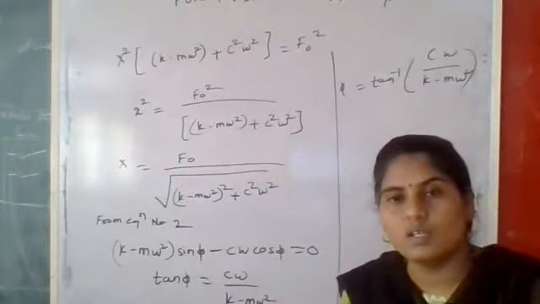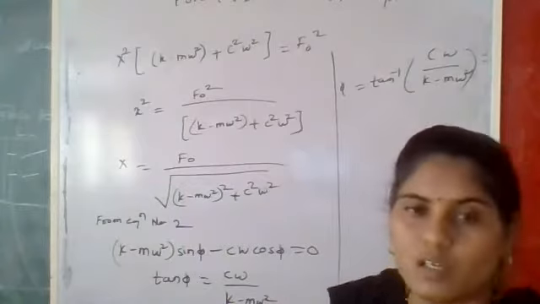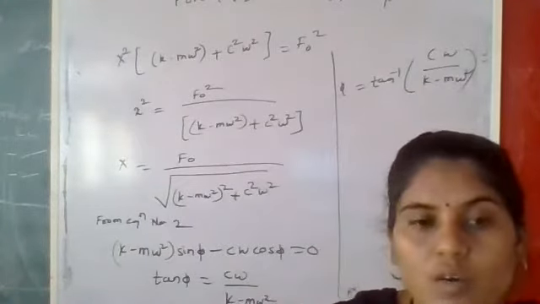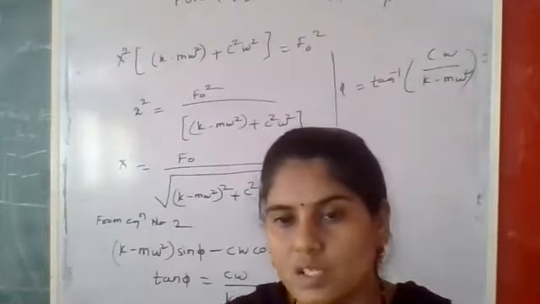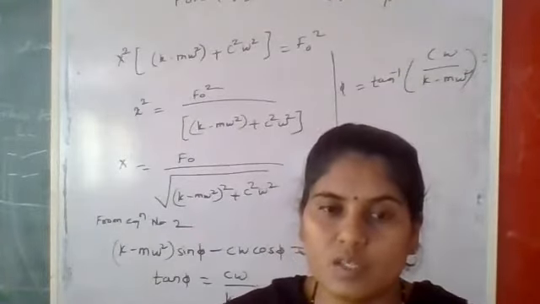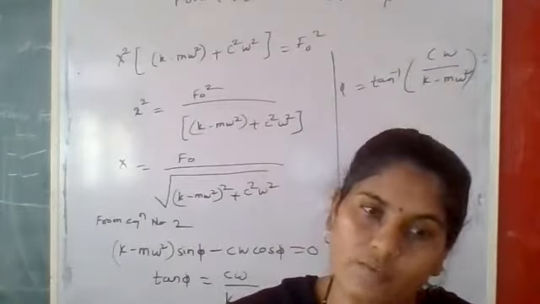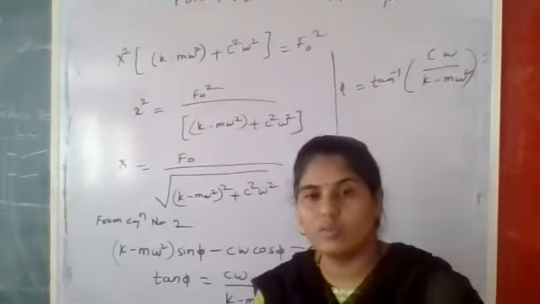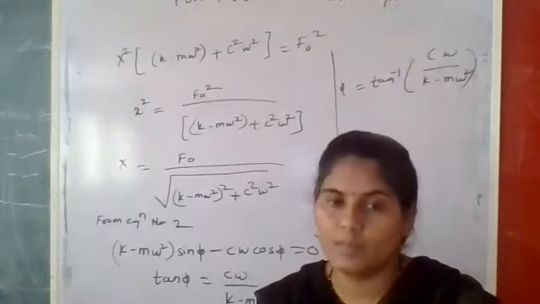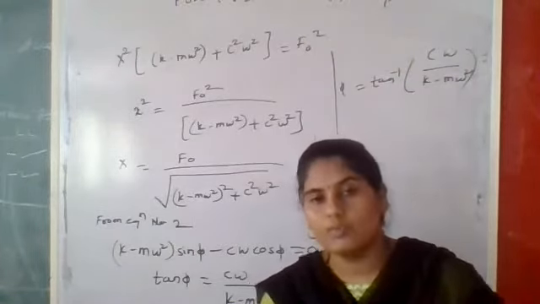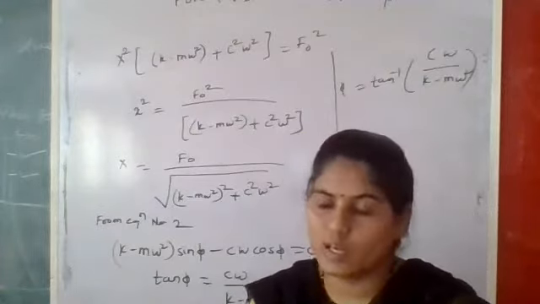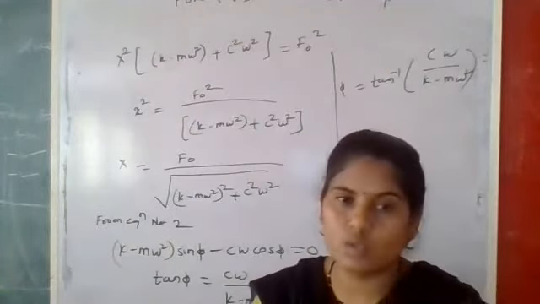In that, a quadratic equation is formed. First is the dynamic equation. Which dynamic equation will be there? For forced vibration of a damped system, m x double dot plus c x dot plus k x equals f of t, where f of t is the forcing function, f naught cos omega t. All the forces are there: inertia force, spring force, and damping force, and the addition of these equals f naught cos omega t.